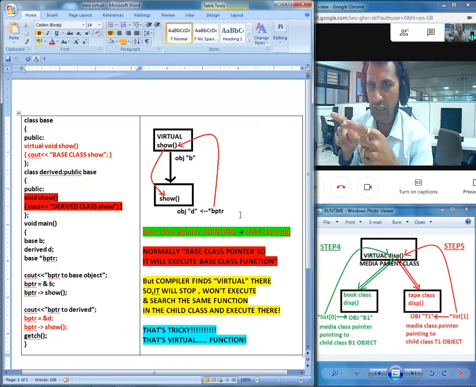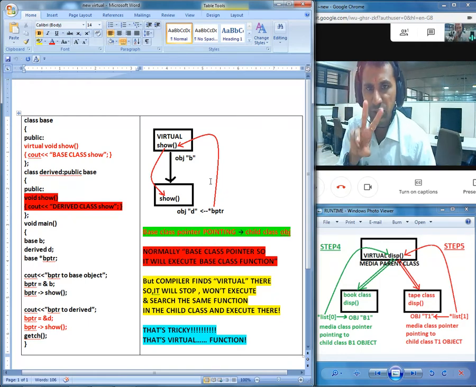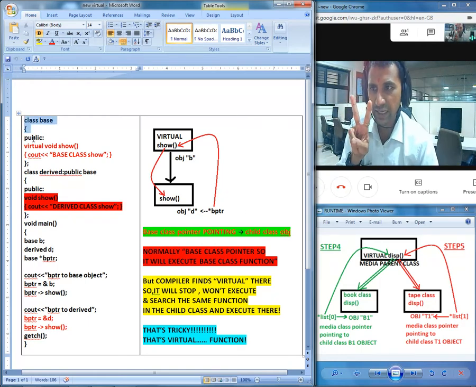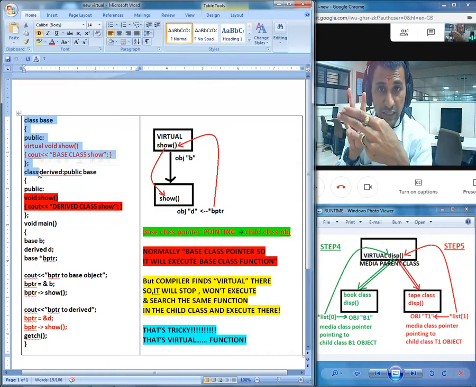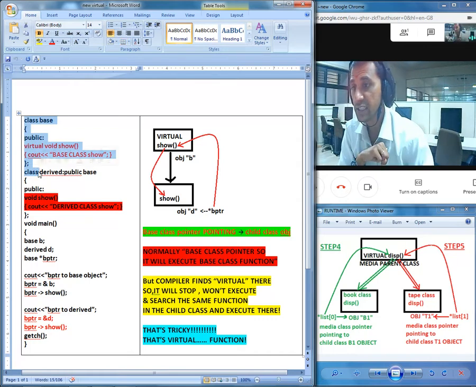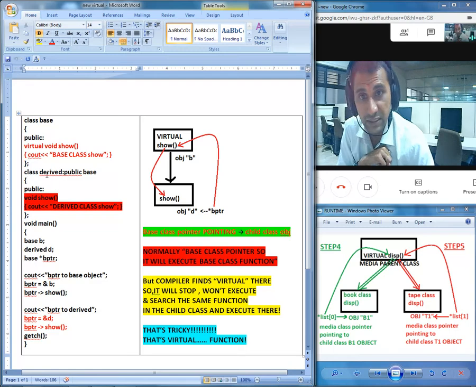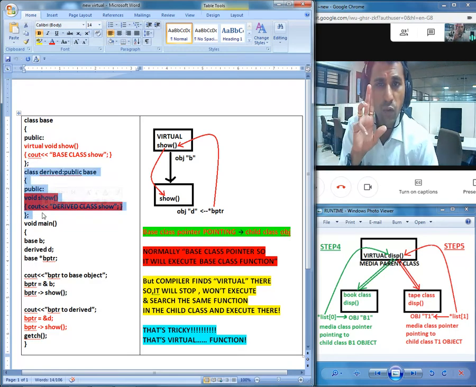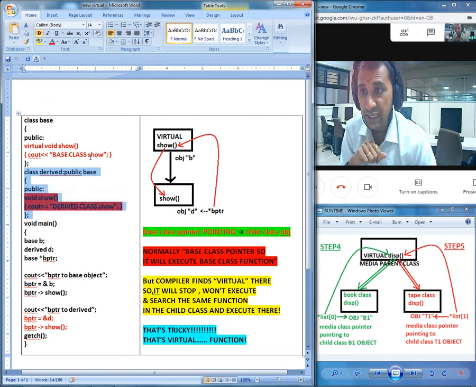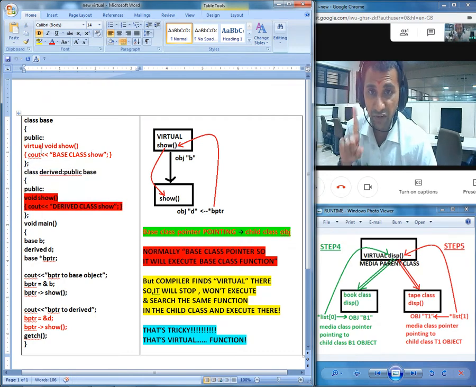If you take a look at the code, we have two different classes. First, the definition of class base. Right after that, another definition, class derived, which is the child class of the base. The noteworthy condition is that both classes have the function show.